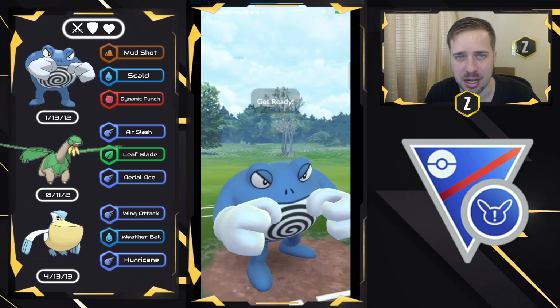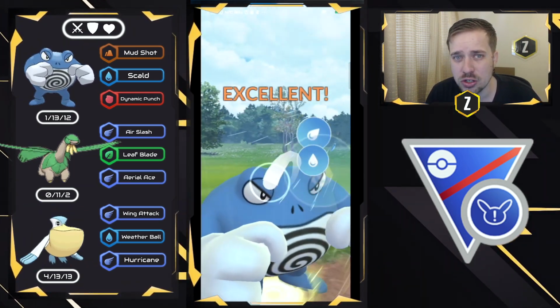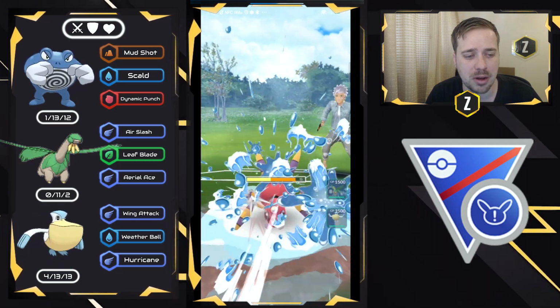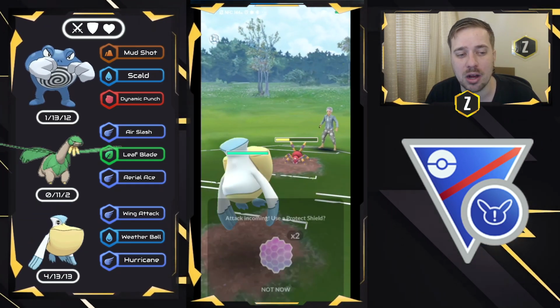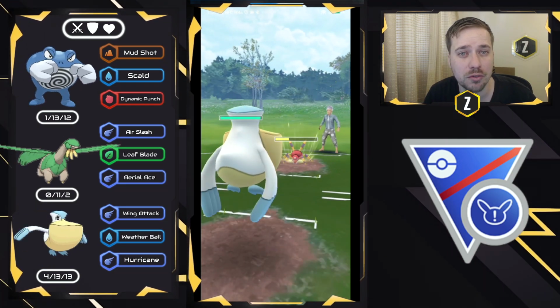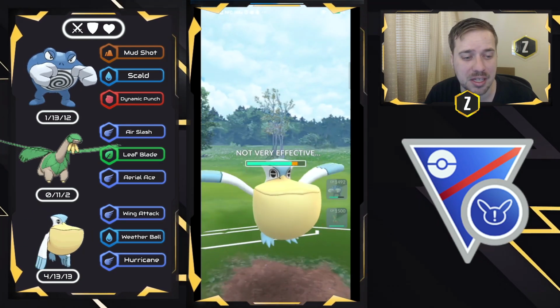Again, we resist those bug type moves because of our fighting typing. So Scald right here, again, some really nice neutral damage. I like using it here on Poliwrath, and then we do get the attack drop on them as well, so we're going to go ahead and swap into Pelipper now to catch the charge move. Hopefully this is Lunge again, which is going to be heavily resisted because of our flying typing this time,